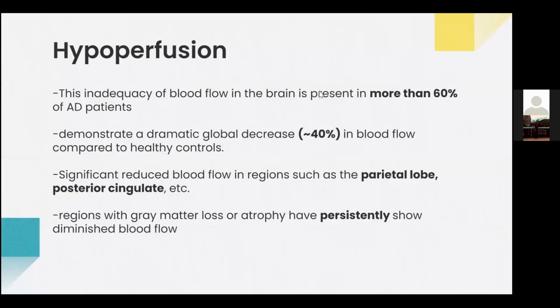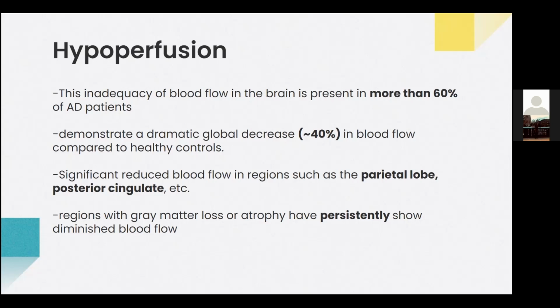So hypoperfusion is present in more than 60% of Alzheimer's patients. So it's something that's present in a majority of Alzheimer's patients, and it's consistently shown. There's a dramatic global decrease, more than 40% in blood flow compared to healthy controls, which means that in Alzheimer's patients there's a significant decrease in blood flow compared to normal control patients. And there's also reduced blood flow in regions such as the parietal lobe and posterior cingulate cortex. And that's just where the scientists have detected that this